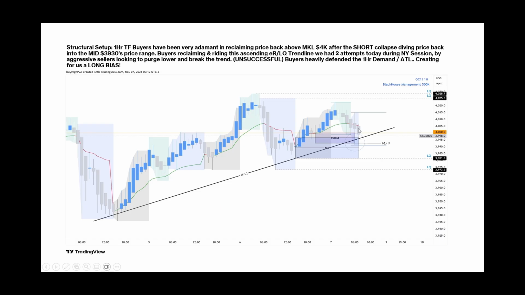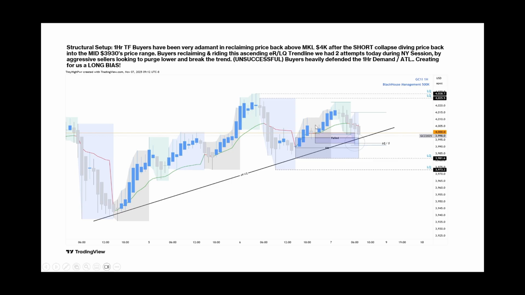On the second candle, notice how we had this 1 hour demand. We came down into the external range liquidity trend line. We pushed back up into 4K. Sellers pushed back down into the external range liquidity trend line. Buyers developed and we pushed back up. That was yesterday's Asia session. London pushed back down into this level, and then we